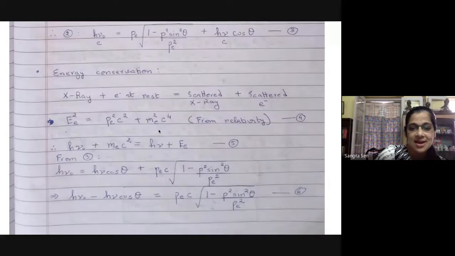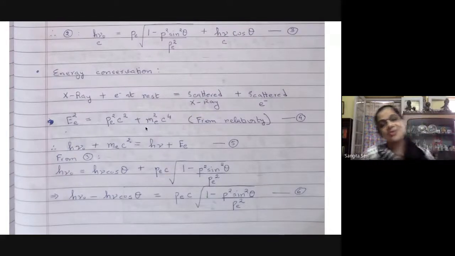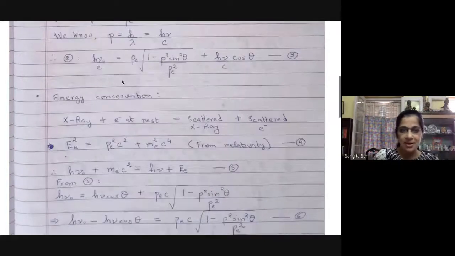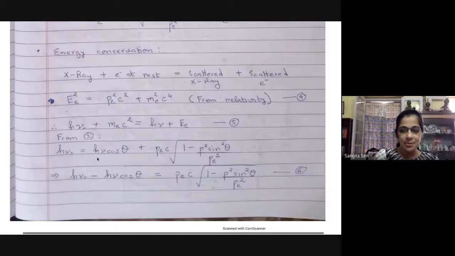So this is the rest energy plus the momentum related energy. And we have then from the energy conservation, this is h nu 0. Electron at rest is only the rest energy. The scattered energy is h nu, and the scattered electron has energy E, which is given by this expression. Then from the momentum expression, we manipulate this to get the difference between the original X-ray